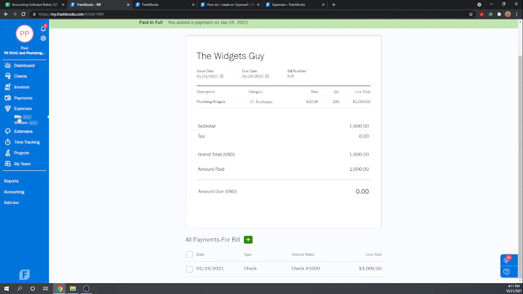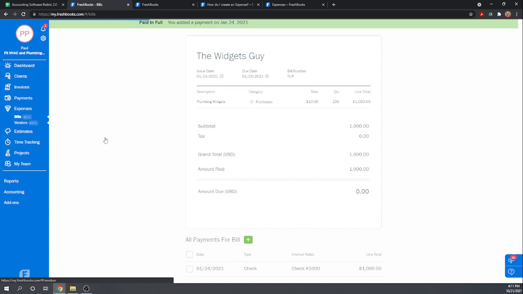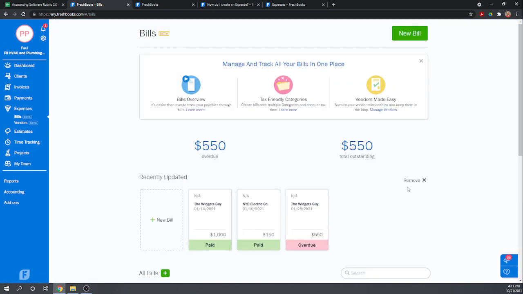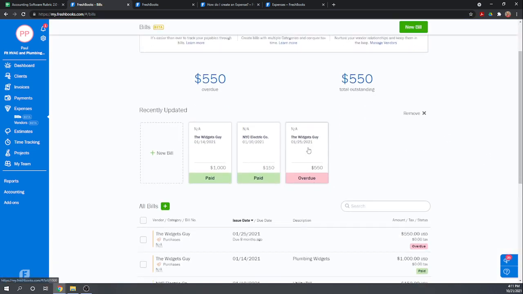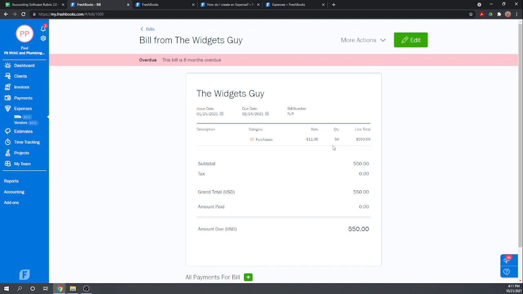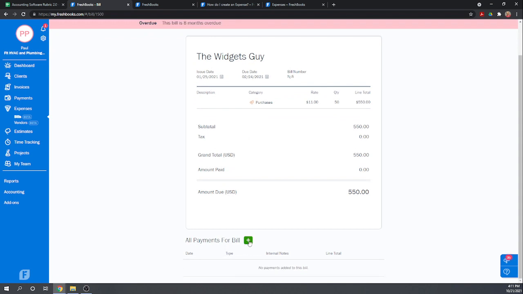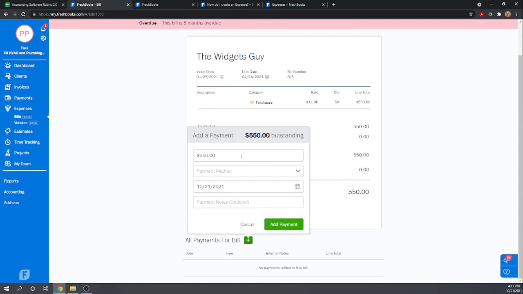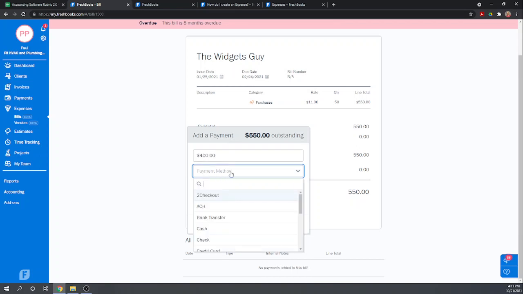So let's go back to bills. So this is what we call short paying a vendor. So we owe him $550. We have some sort of dispute, so we're going to short pay him. So add a payment. And this is actually really easy. This is nice. Some systems don't let you short pay. So we are short paying him with a check